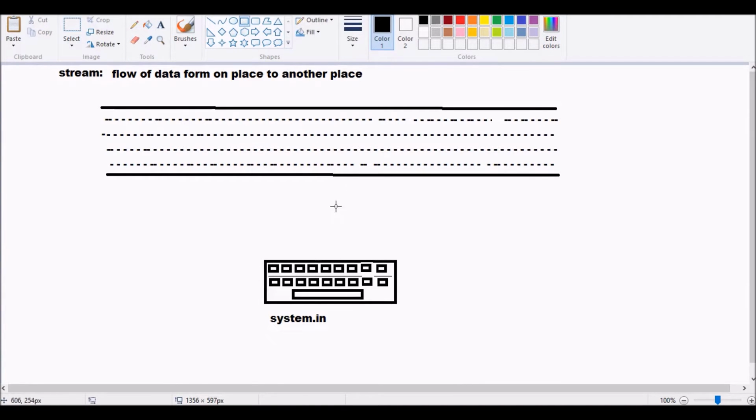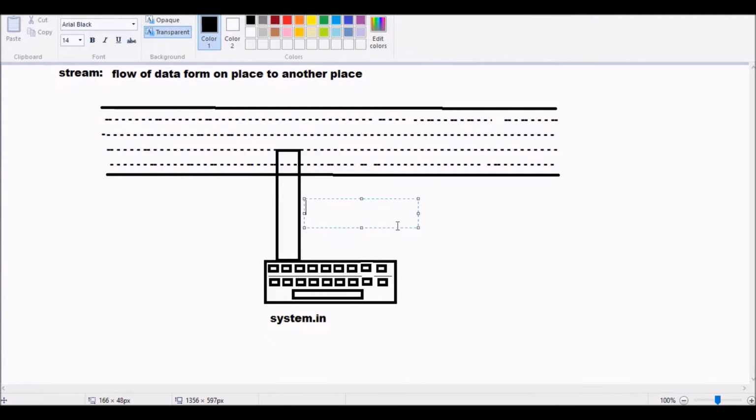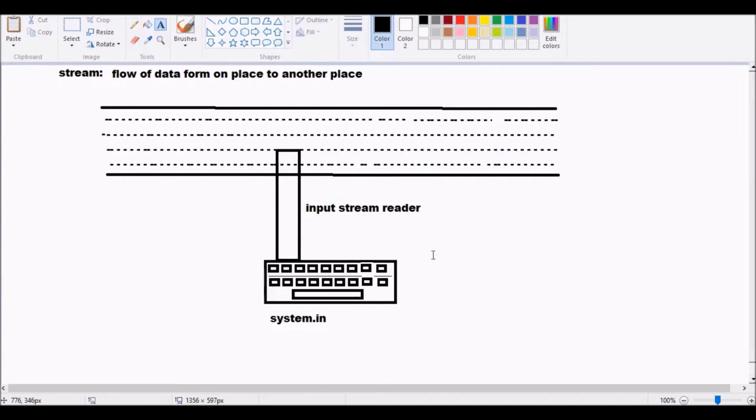We just use one pipe. This pipe is called InputStreamReader. This is one pipe which is used to move the data from the keyboard into the stream.